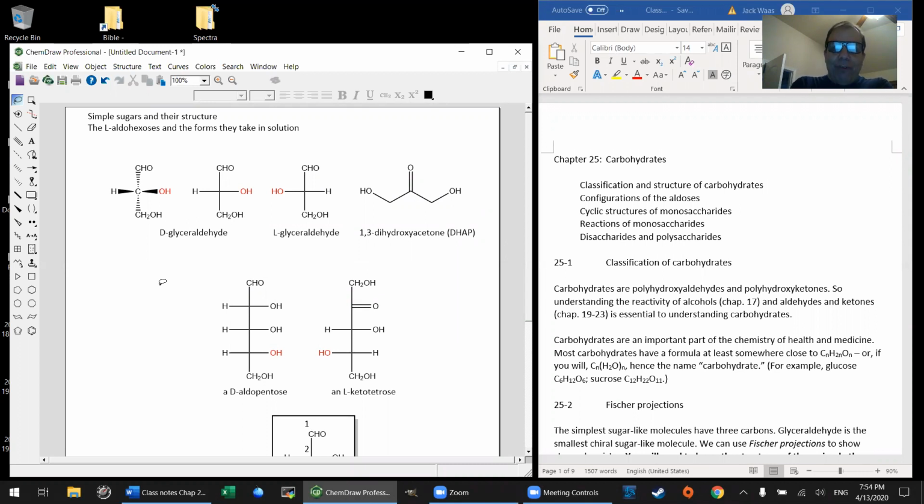Let's continue on now with our last biochem chapter, which is going to be on carbohydrates, the big kahuna. I say that because I try to present the biochem chapters in order from the class of biomolecules that I'll have the least to say about, which for us was nucleic acids, as though they're unimportant. And then I work my way up gradually to carbohydrates, about which I'll have the most to say. That's because there's a lot of chemistry here that we've already seen before, and it'll be nice to see that in action, see it actually applied.